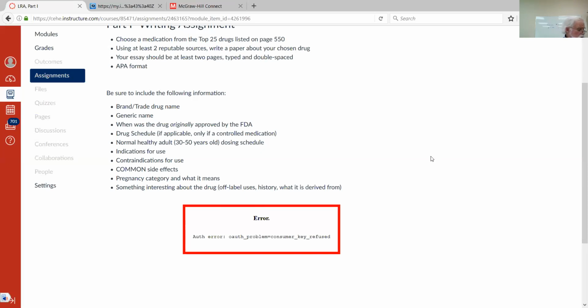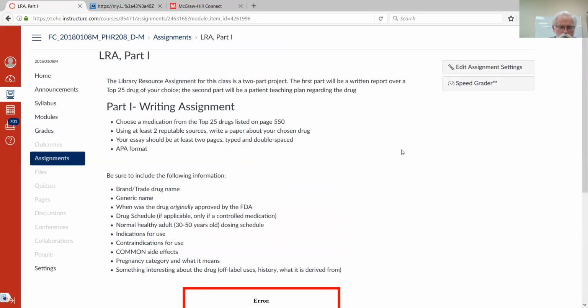Okay, Seroquel. Done. So I will actually post a short list of what your topics are so that everybody knows what everyone's doing. Now, where do you get information? There's a lot of places. One of the things I want you to avoid, however, is Wikipedia. And the reason is that